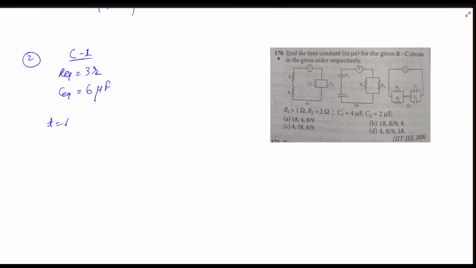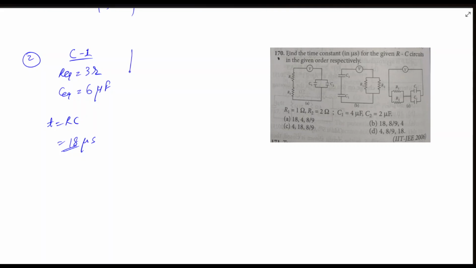And time constant we know it is RC. So we'll just multiply them and we'll get 18, right? 18 microseconds we'll get. So A or B may be correct. So let's just find this. So look, these are in